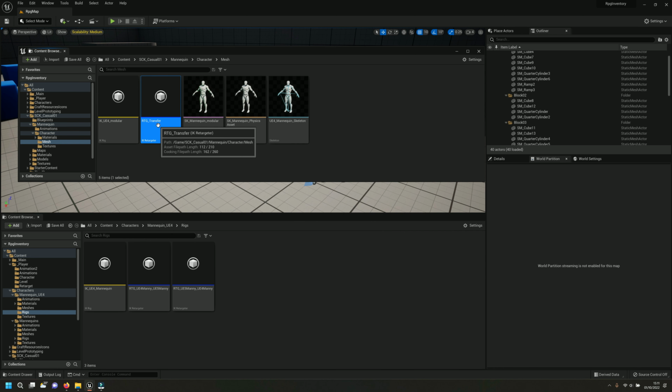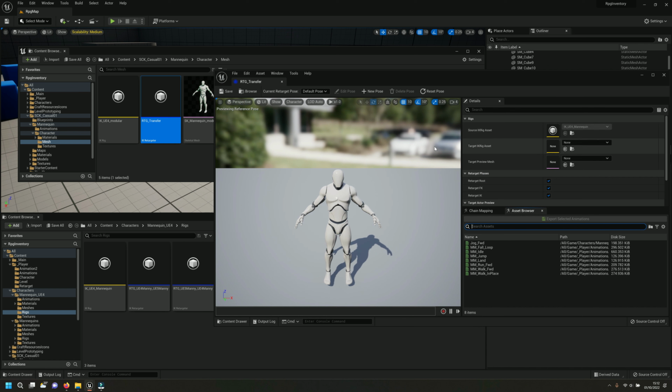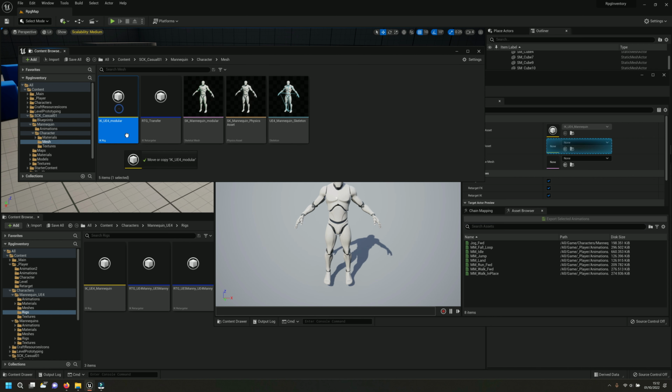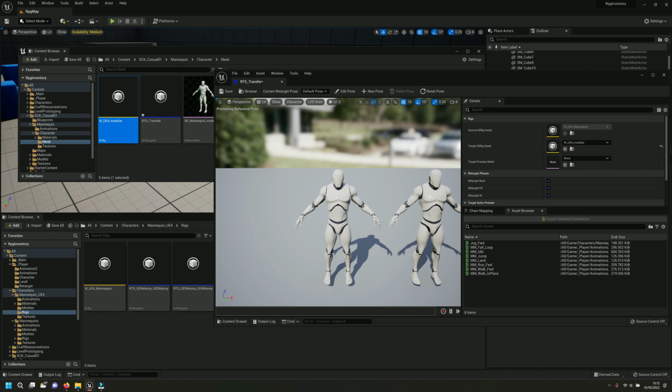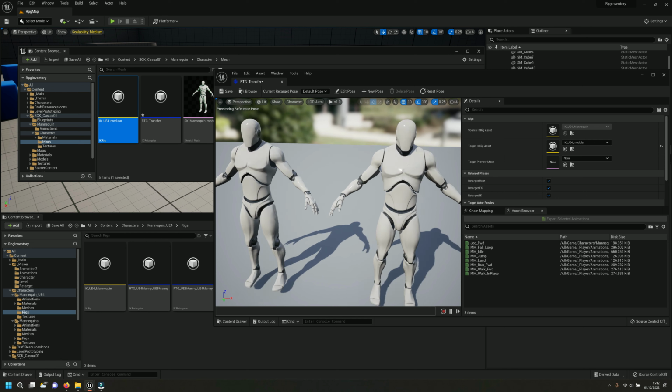I'm going to open this up, and then in here you have the source, which is that. You cannot really change the source, but right now we can transfer to another target. The target will be this one that we just created. Drop it in there, and you're going to see straight away that we have our other character. I know they are the same, okay, but